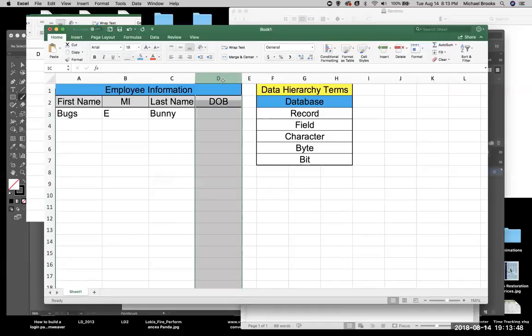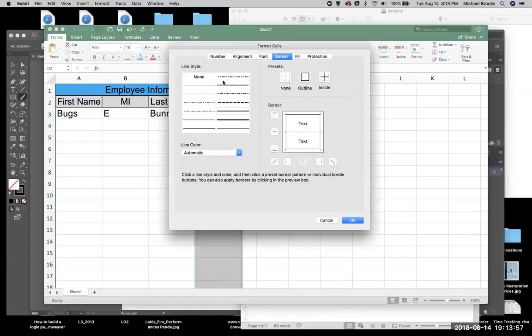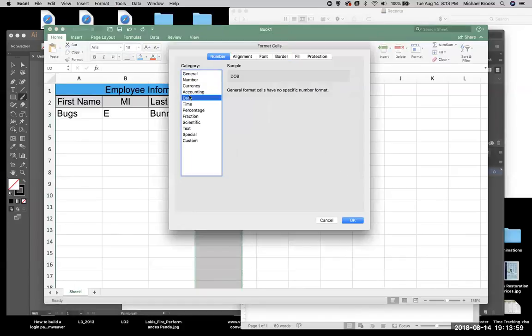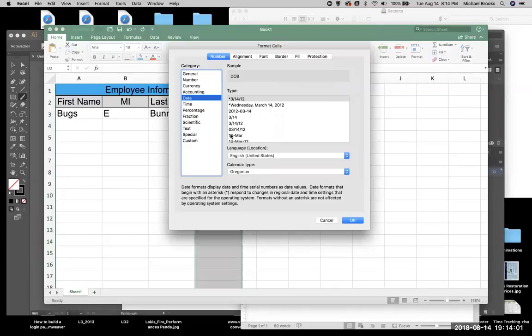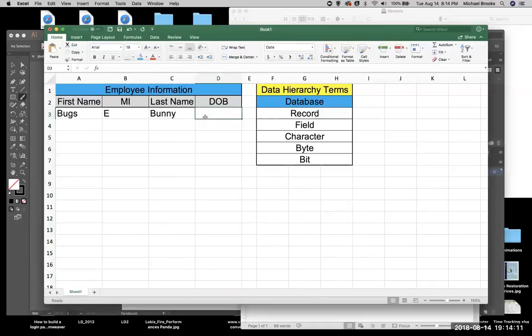All right, so the date of birth, now we have to set that column up, that field, to a specific type of data. All right, so let's go back to number, and we're going to take a date. And let's do this one. All right, okay. So if I type September 13, 1994, it converts it. All right, so Bugsy Bunny,